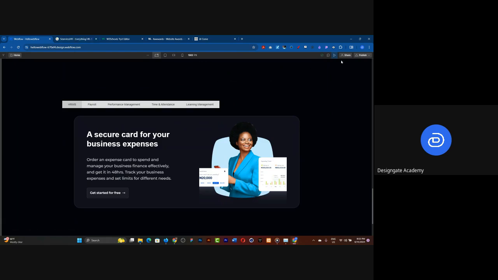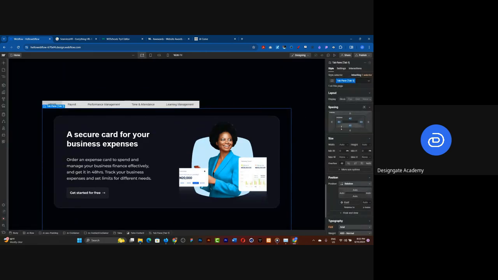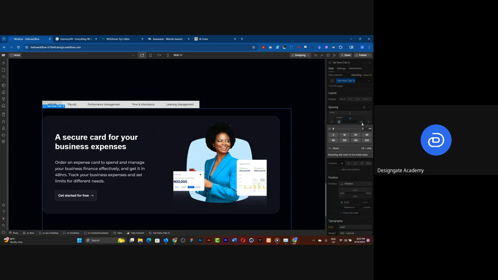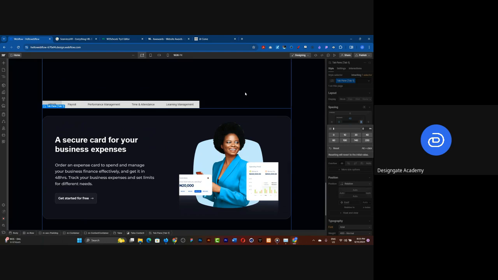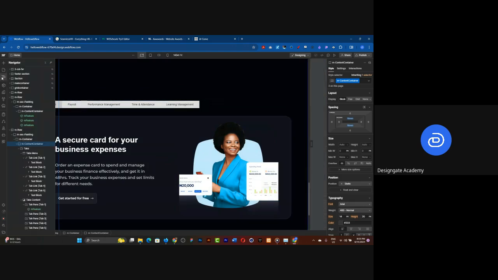Let me remove that styling so that I can explain better. So let me just do 0 here. Let's just have the one at the top. Let's also do 0 here. Now remember, it depends on the design you are given, okay? So this styling, they always have a structure. So chances are, when you go into payroll 2 as well, if you come in here, to access the second